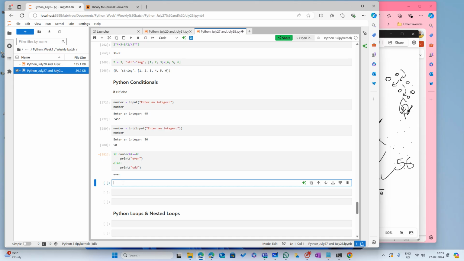Okay, we'll see another example. Same thing: if the number is divisible by 2 and you get the remainder as